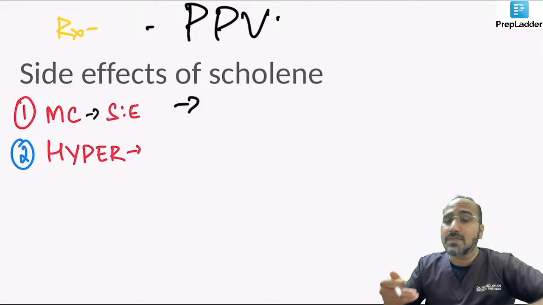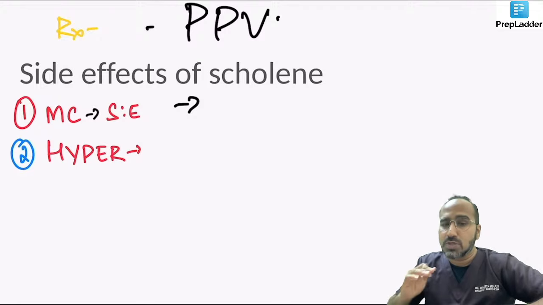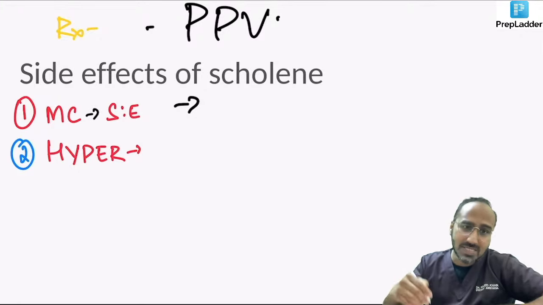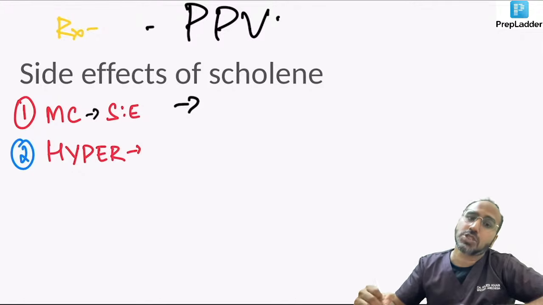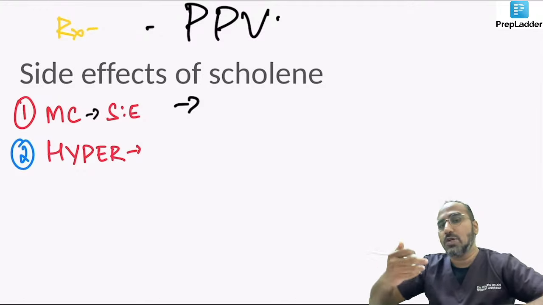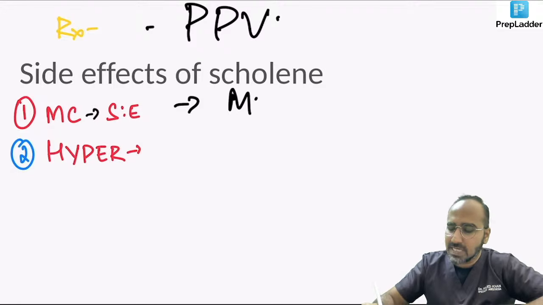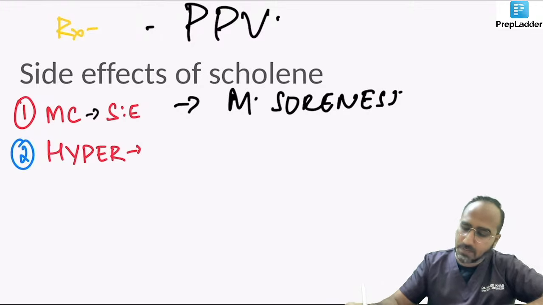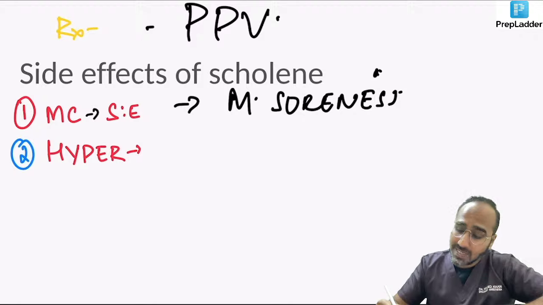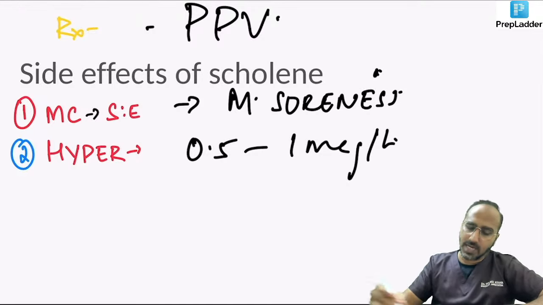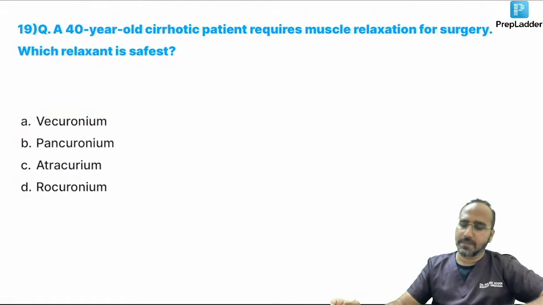Okay? Now, what is the most common side effect of using scoline? The most common side effect, as you give scoline, I told you, patient will have contractions. So, due to this rapid contraction, in the post-op period, remember, contraction was happening in the intra-op time. In the post-op period, when you go to the patient, patient will complain of muscle soreness. That is the most common complication of scoline. Okay, post-op myalgia, very good. Okay, second common is what? Hyperkalemia. It increases the potassium by 0.5 to 1 milliequivalent per liter. Okay, so that is the common side effect of scoline. Next,